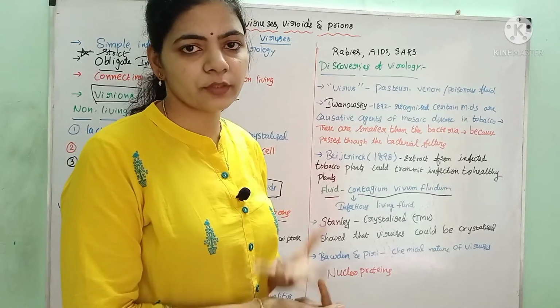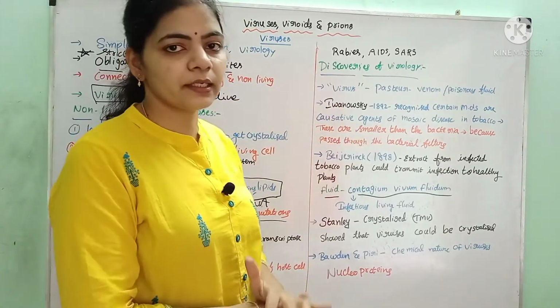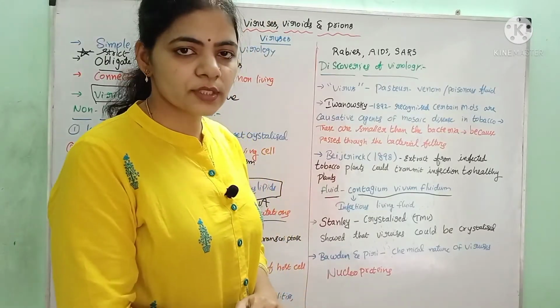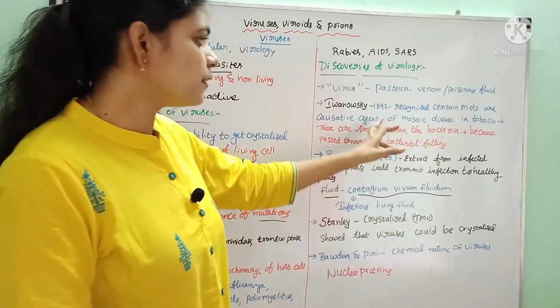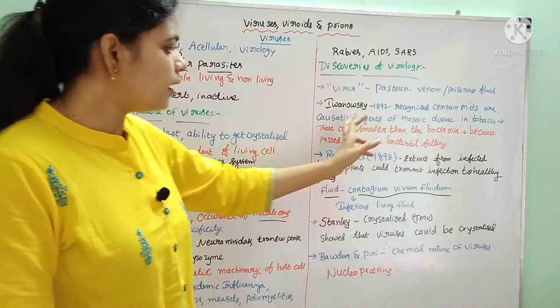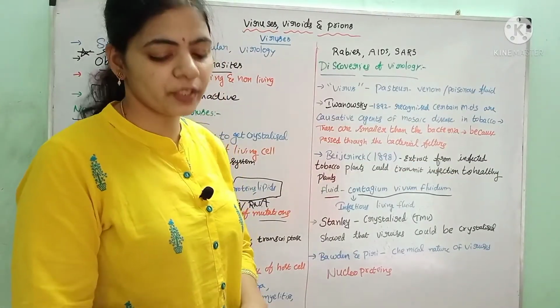Later, Ivanovsky, in the year 1892, in those days, the farmers were suffering a lot because of the mosaic disease seen in tobacco plants. Ivanovsky went there to study the mosaic disease and its causative agent. He recognized that certain microorganisms are causative agents of the mosaic disease in tobacco, because in that time